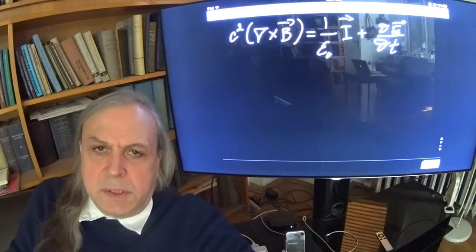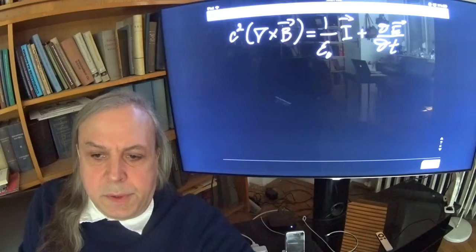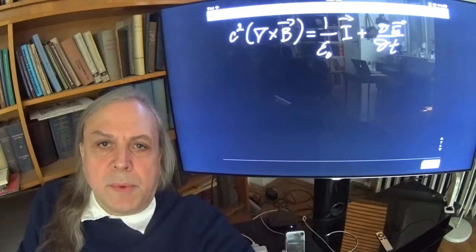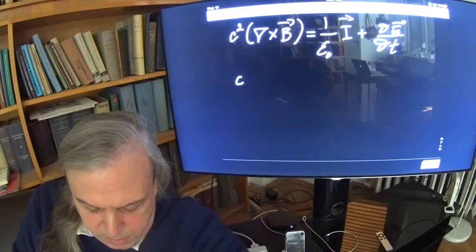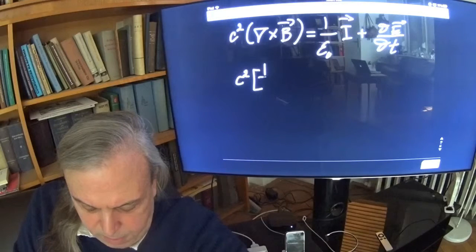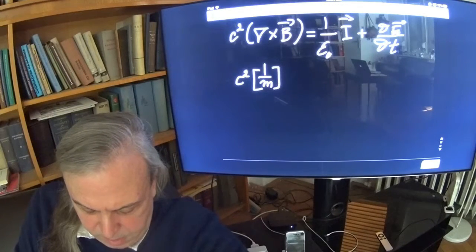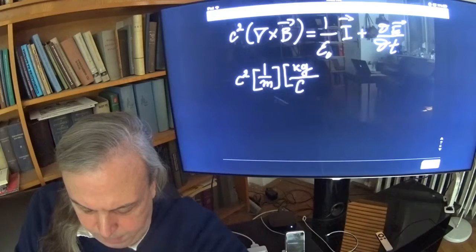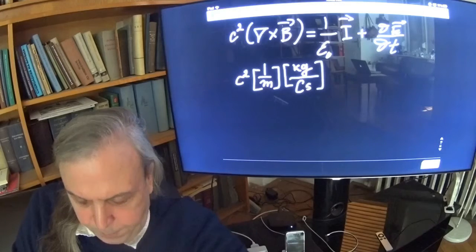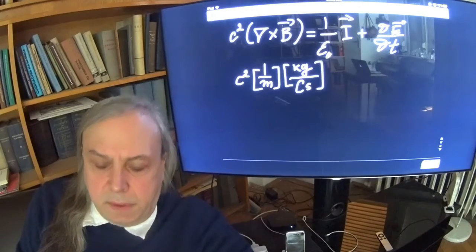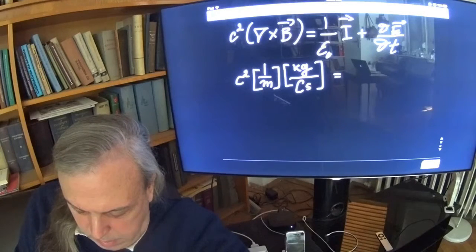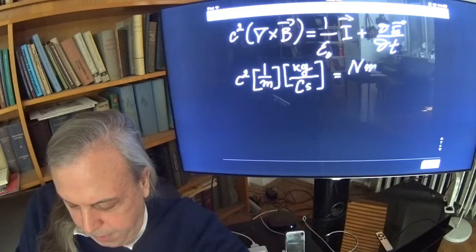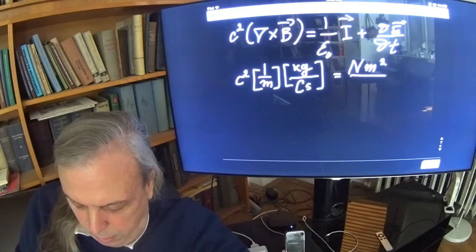Now, having verified, just as an exercise, that the dimensions of all the terms in this differential form of Ampere's law are the same, we can write c squared, 1 over meter for nabla, the dimensions of nabla, times kilogram over coulomb second. These are the dimensions on the left side of the equation. And they equal Newton meter squared over Coulomb squared